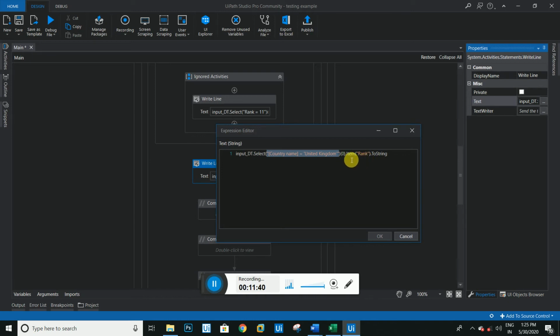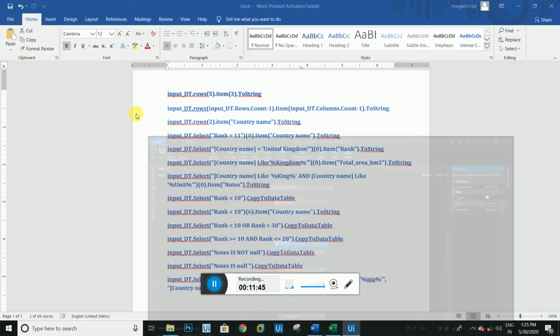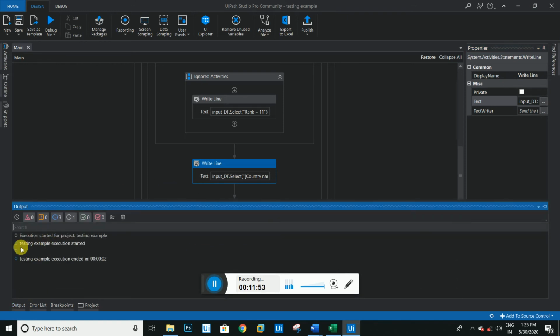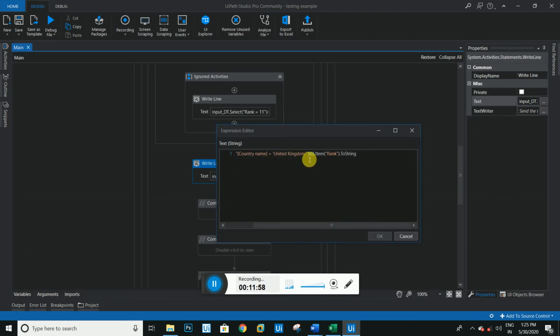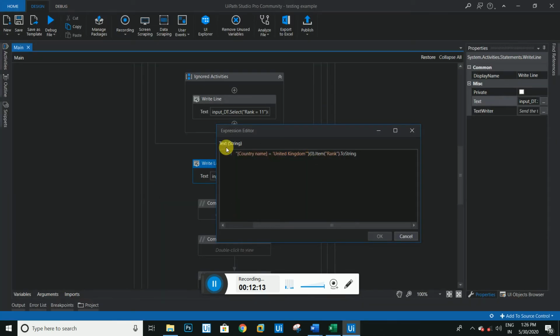So let me check this particular result. We will run this command. So guys, you get the result here. Go to the output and we get 11. How does it get 11? I will explain here. Here it's selecting the United Kingdom and I need the rank. What is the rank here? The rank of United Kingdom is 11, as shown here. So that's why we are addressing this cell value with this command. I hope this is clear, and let's move to the other thing.